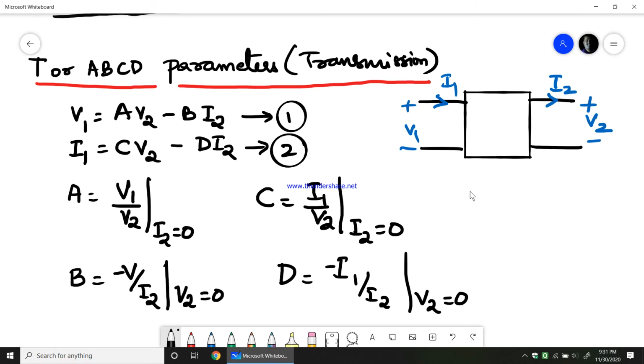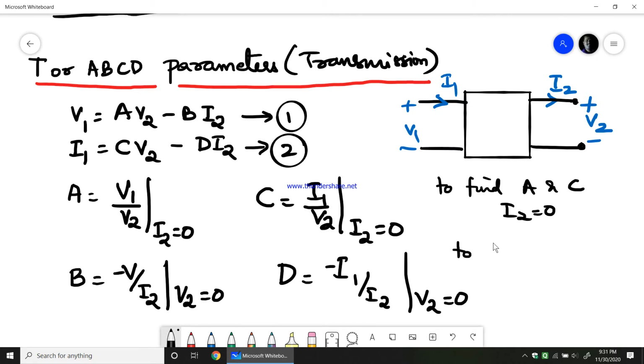See, this is not either short circuit or open circuit, whatever we called for Z parameters and Y parameters, because you have a mixture of both open and short. To find A and C, you make current I2 equals 0. It means you create an open circuit across the output port and then connect V1 across the input and find out V1, V2, I1 and so on. Through that you find A and C. So A and C are found by keeping the output port open.